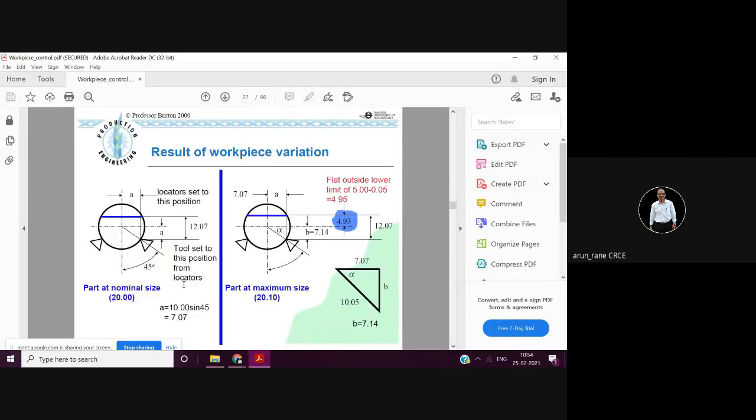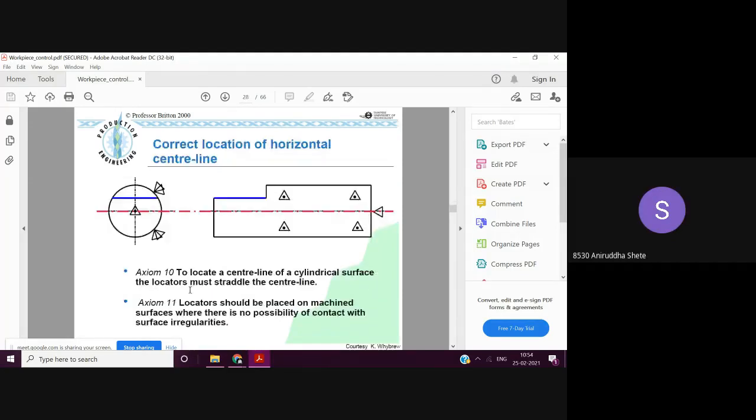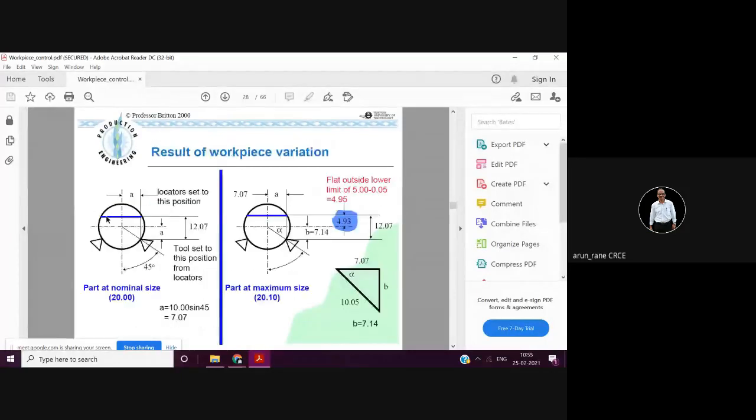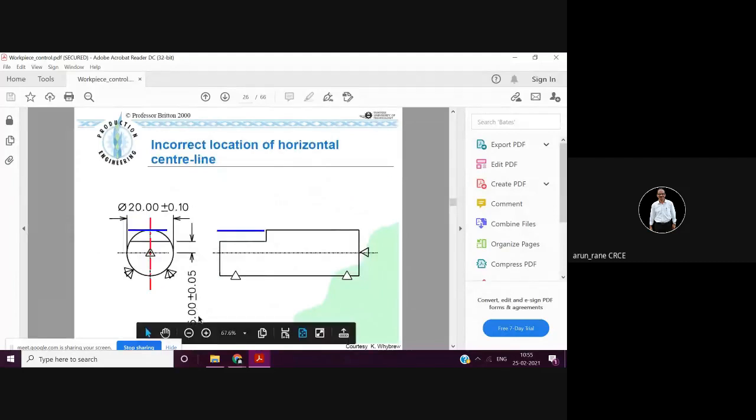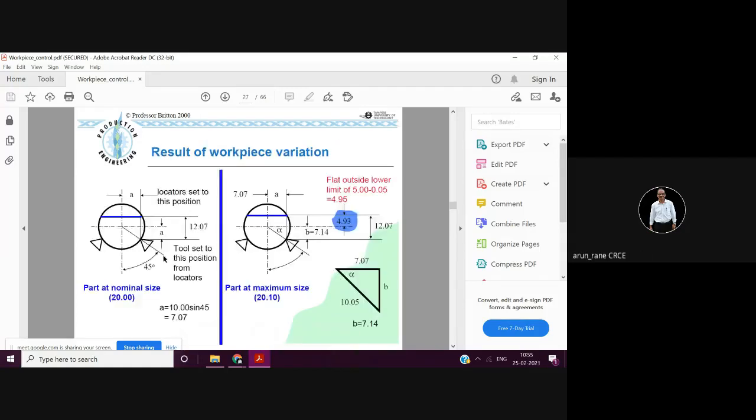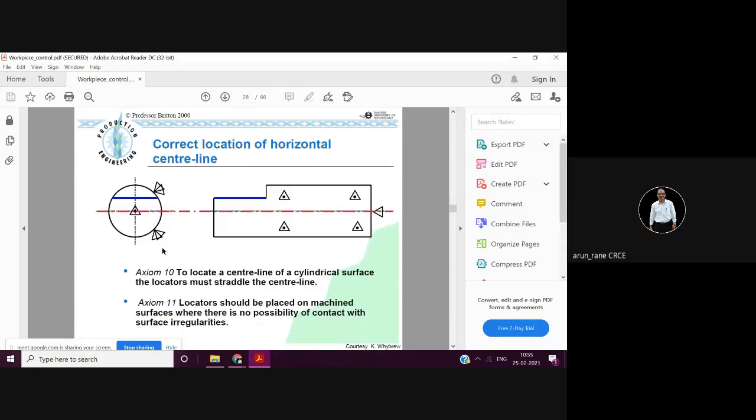So now you have to think of the locator, how you are going to set the locators. So where will you locate now? Tell me. Sir, our requirement is that for any diameter, we have to maintain 5 mm from the center line. It is given clearly in the drawing. The product engineer has mentioned that he wants this. This is what we have seen also in the preliminary part analysis. We want to maintain 5 mm from the center line. Okay, sir, so we have to place the locator like this.